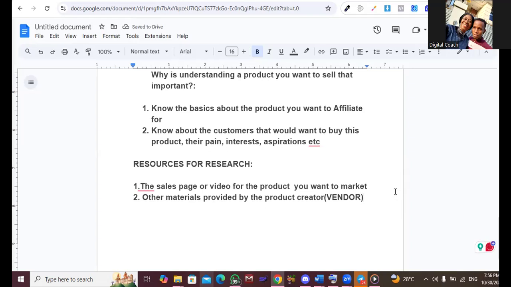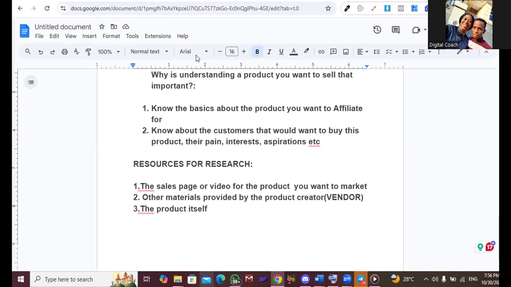Then the product itself, by buying it yourself to test. You can decide to do this one. It's not compulsory if you don't need it. There are products I have bought to use so that I can understand it better because they are good in the first place. So another thing you can do is the product itself. You can decide to buy the product, test it out for yourself, but it's not compulsory. All right. It's not at all.